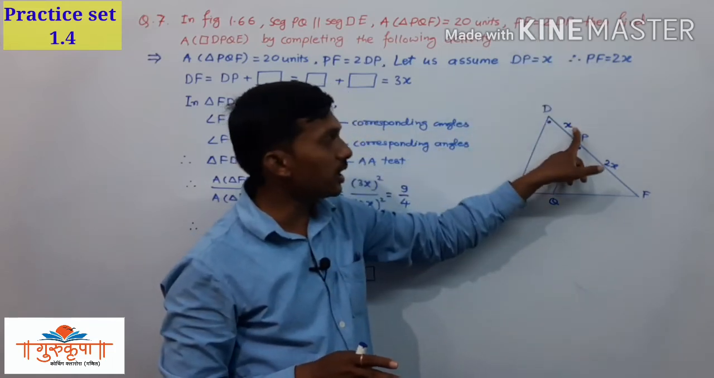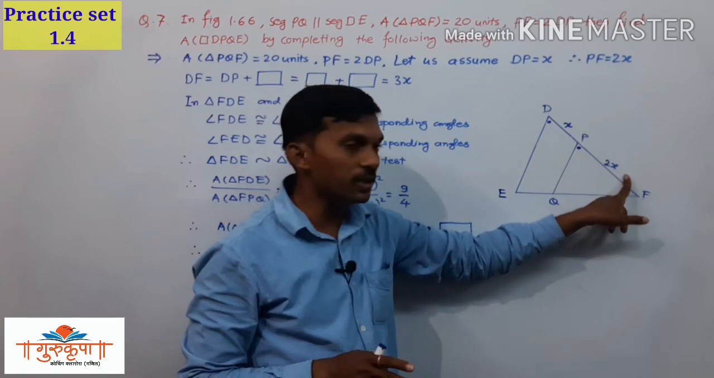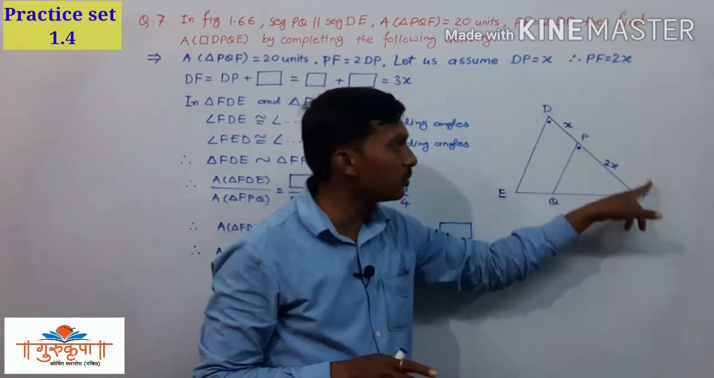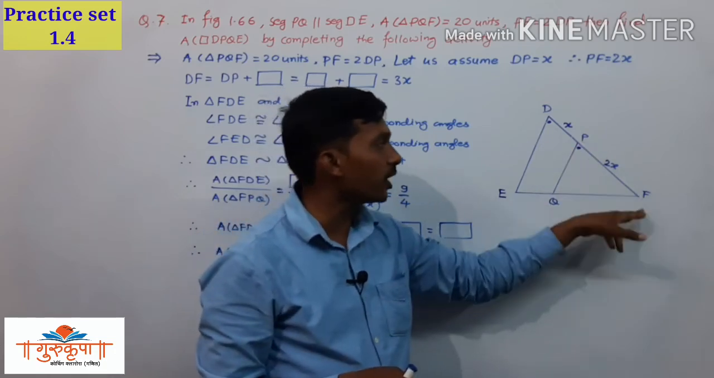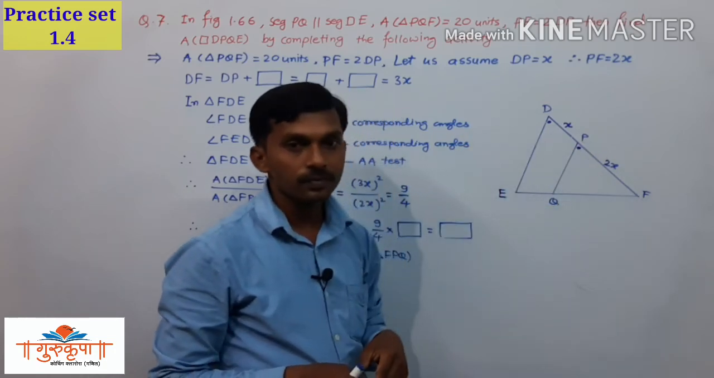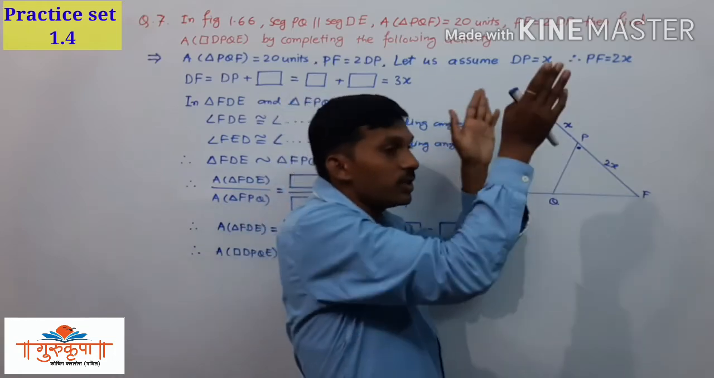We have to consider that DP is equal to x, so PF is equal to 2x, so DF is equal to 3x. That is the second step. Into the second step, we have to find PF and DF. Now after putting these values in equation 1,